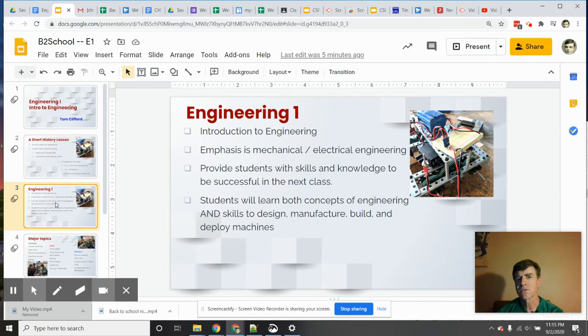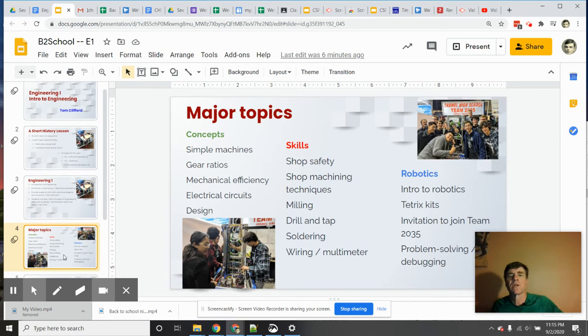We do an awful lot of things in groups, in a collaborative way, that is building both hard skills and soft skills, and students will be able to design, manufacture, build, deploy, revise, redesign, and rebuild various machines and what have you. So here are some of the topics that we're covering. The middle group is something that I can't get to obviously yet. That's basically things in the shop, shop safety technique, and using the different tools that we have